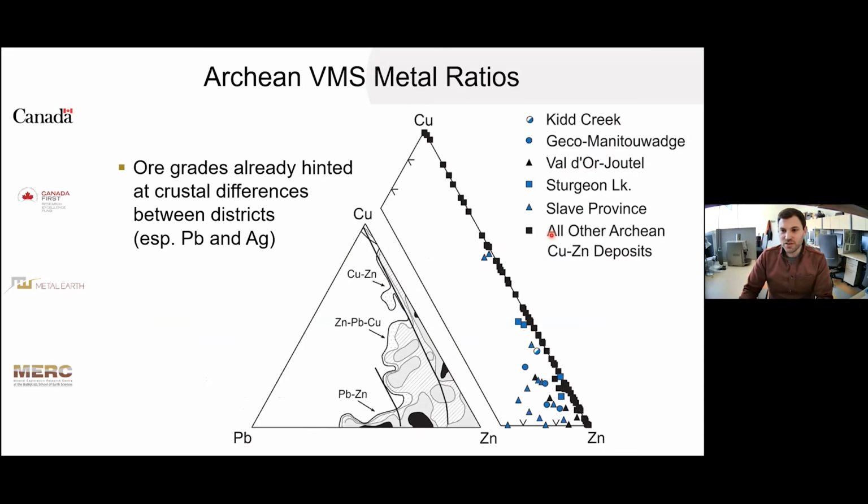For the general metal contents of VMS, we have known for a while now that there are large-scale crustal and temporal variations that are represented in the copper, lead, zinc contents of VMS systems. And the majority of Archean VMS deposits plot on the copper-zinc line, with virtually no lead compared to Phanerozoic